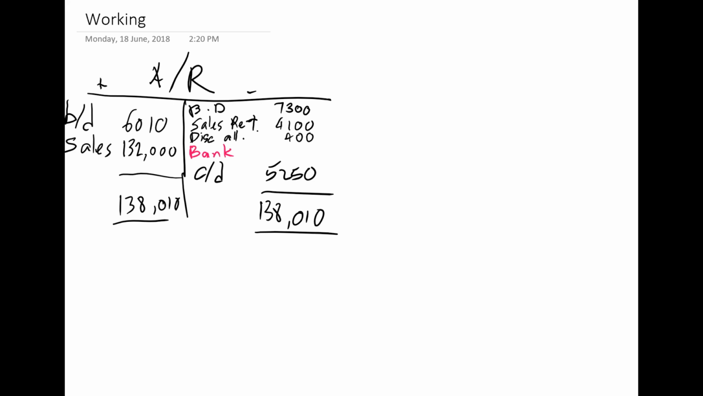So you are going to take 138,010 minus 73,000 minus 4,100 minus 400 minus 5250, and the balance will be 120,960. So take a yellow highlighter or any highlighter. I want you to highlight the word bank. This is the amount of money that we receive from our customers,